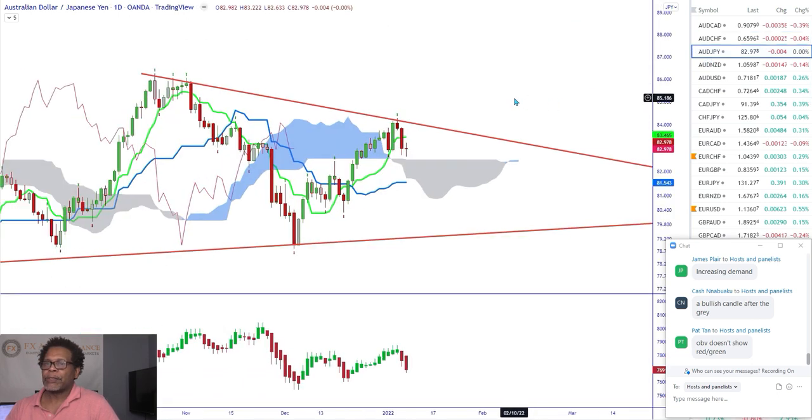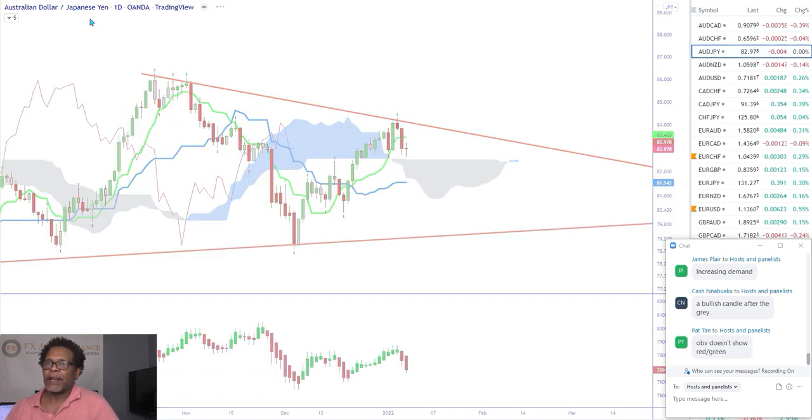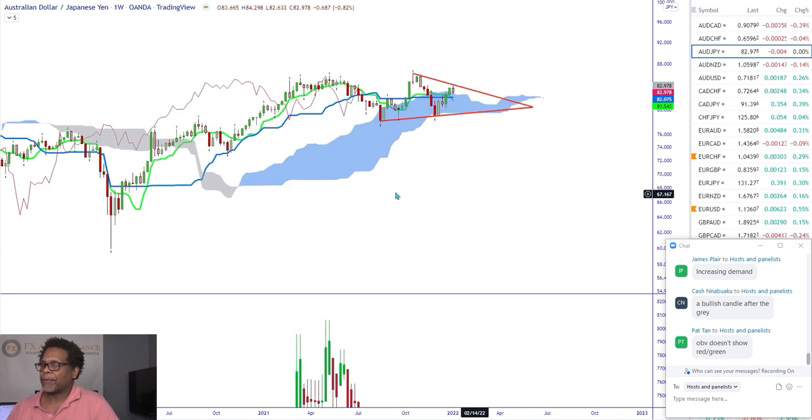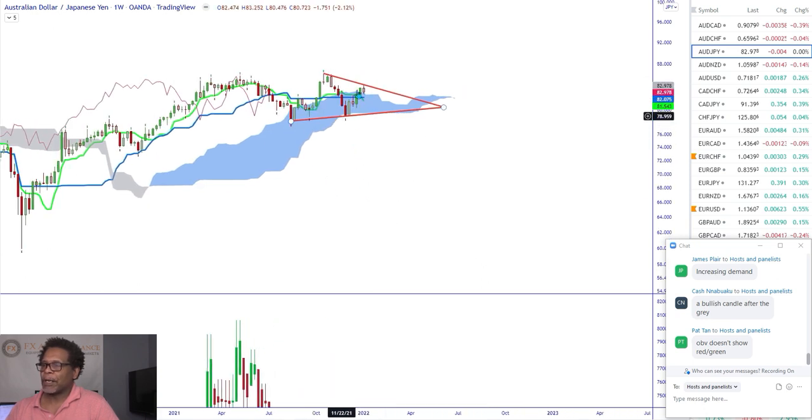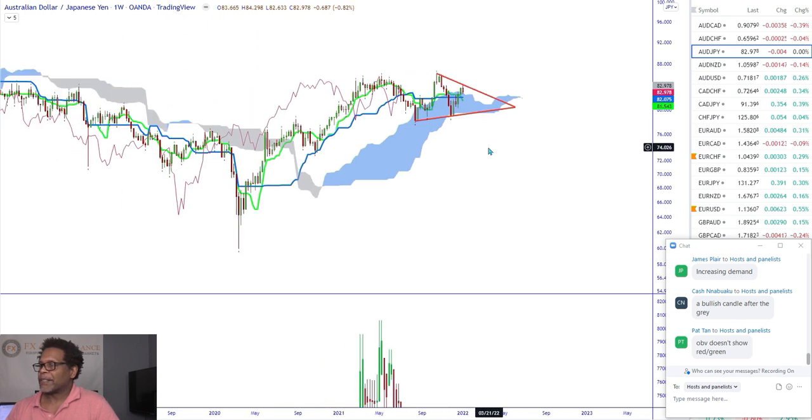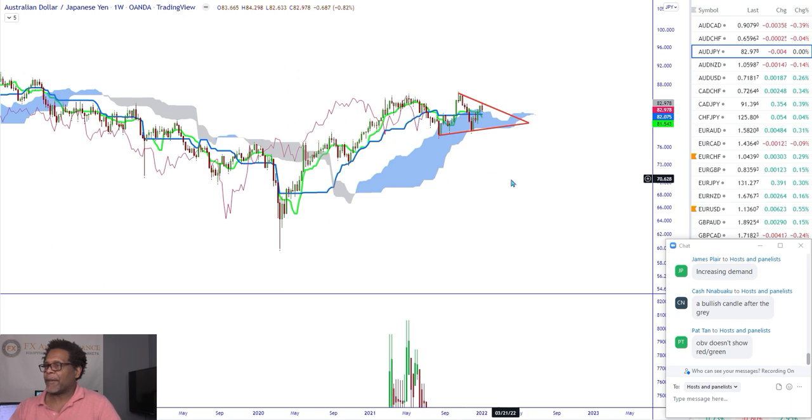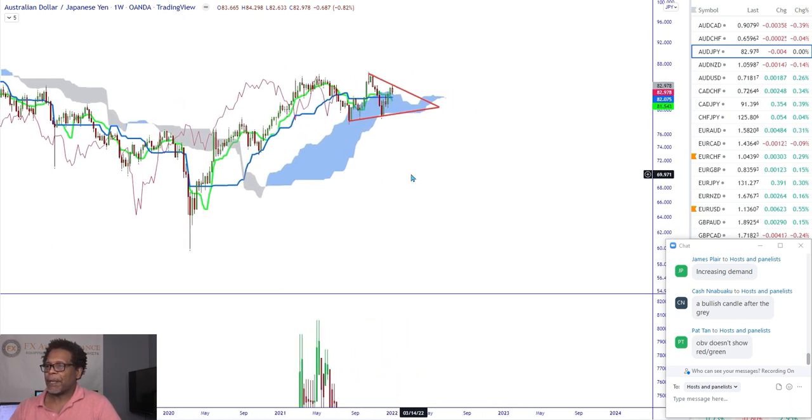All right, so here's the Aussie Yen. Let's go to the weekly time frame right off the bat. On the weekly time frame, you can see I got some levels marked, pretty much seeing this triangle pattern, basically a symmetrical triangle pattern. But really what it is, if I'm talking Ichimoku concept, it's basically cash flow. You probably know what it is. What is this formation?